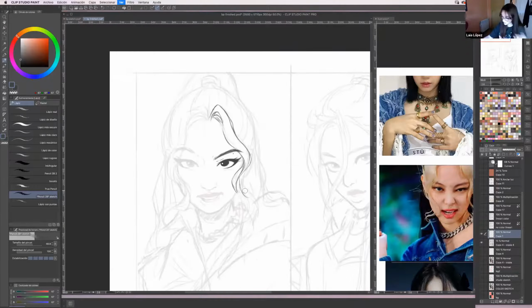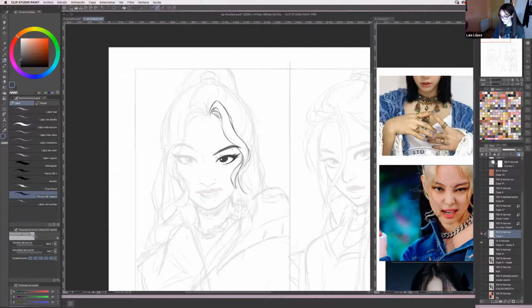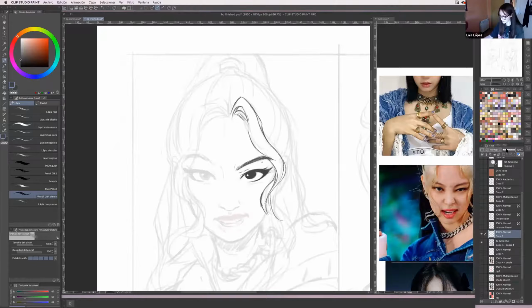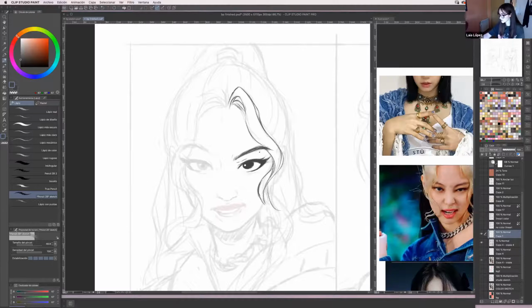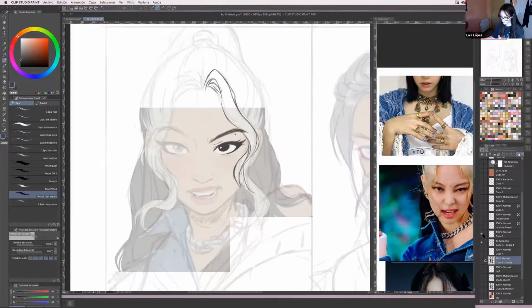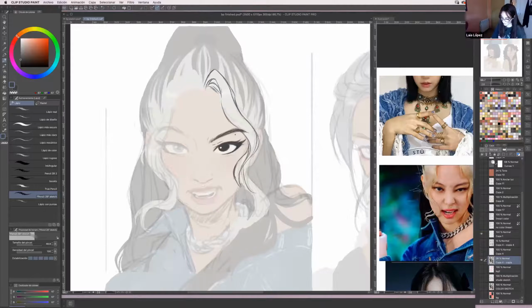And sometimes, as you can see right now, the hairline here is a little bit messy, and Jenny has two hair colors right now. So sometimes I turn on the color layer as well, so I can follow better what I'm drawing.